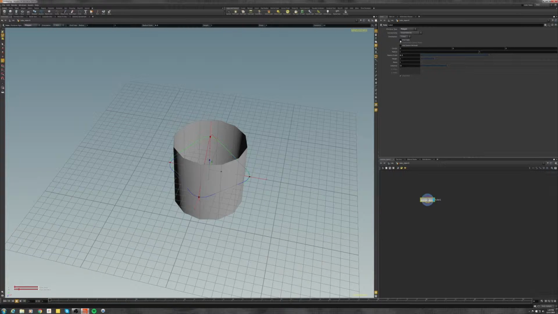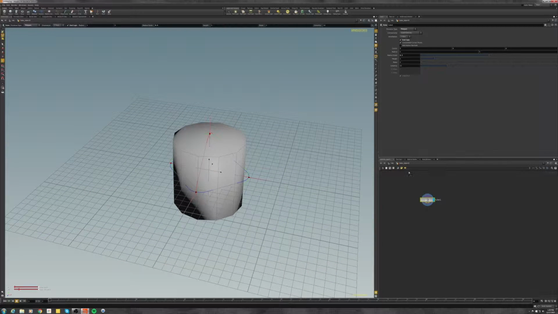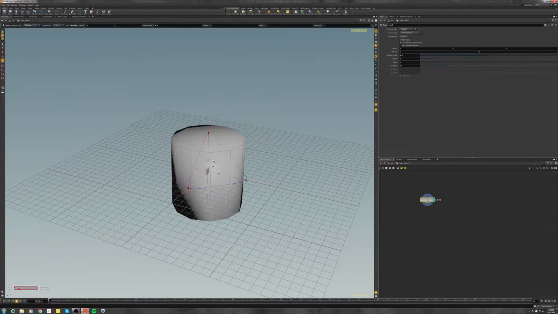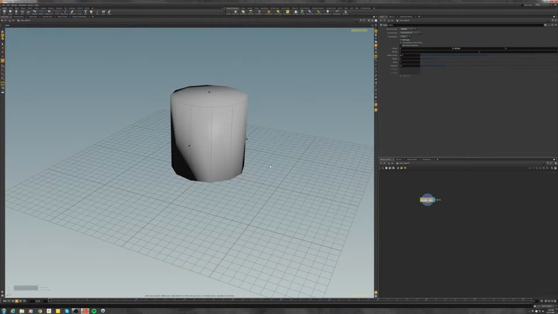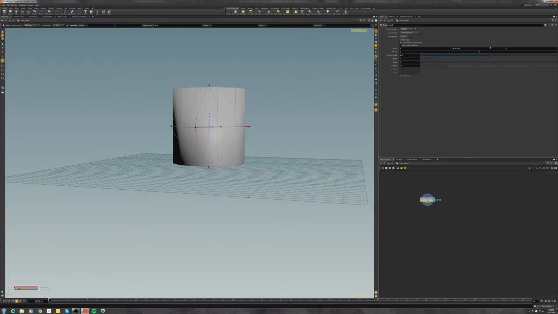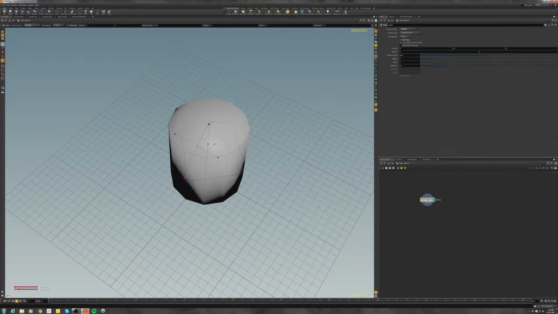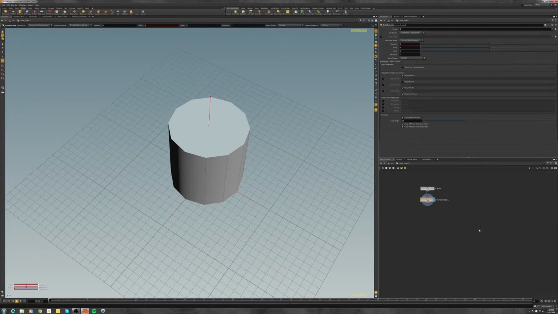Looking at the tube, we'll turn on the end caps just so we have ends on it. Then we're going to bring the tube up a little bit so it's above the grid. Just go to the center Y, turn it to 0.5 so it's right on there. Next we're going to hit our select button and select the top end. Go into polygon extrude, and we're going to hit our inset and bump it up just a little bit so